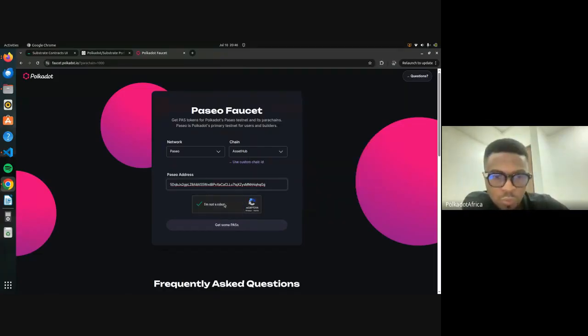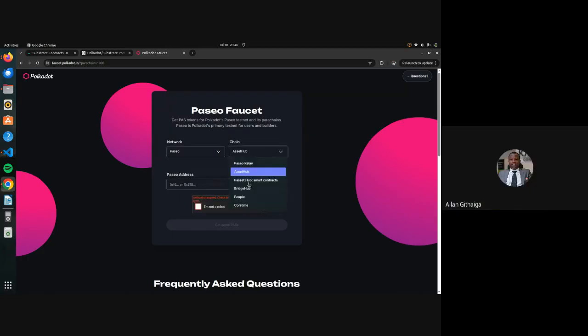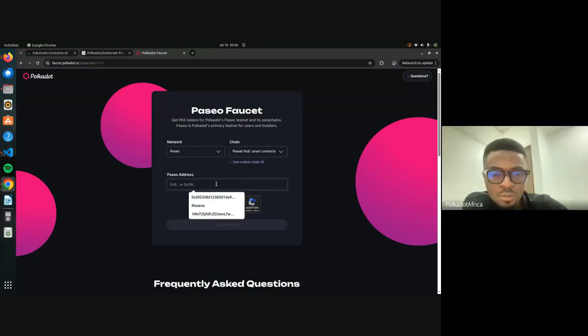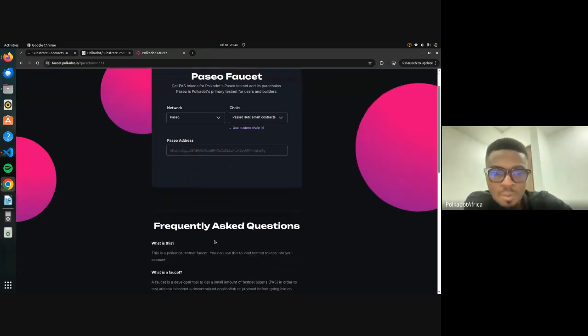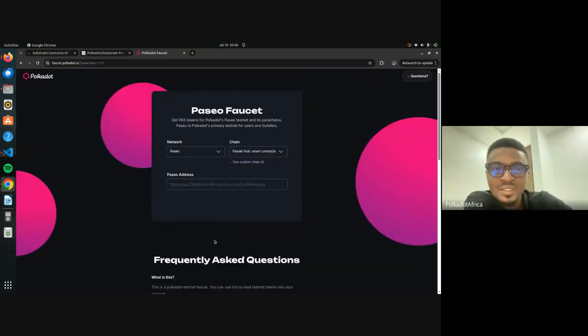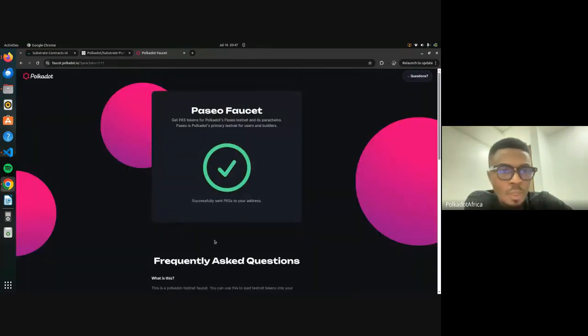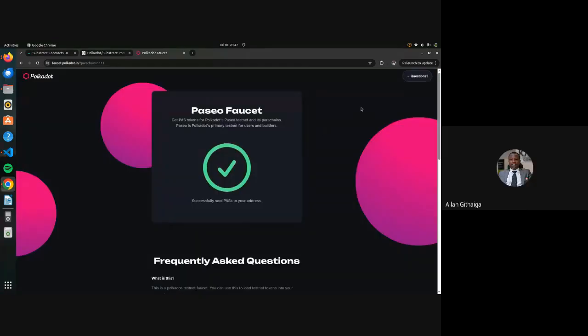No, this is Asset Hub. So Asset Hub is different from Passet Hub. Can you change it to Passet? You should start from P. The chain, not the network. Yeah, Passet Hub. That one. So you can paste your address there. Verify yourself and get some Passet tokens. All right. Okay. So now